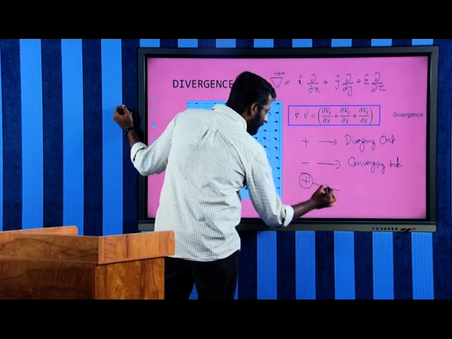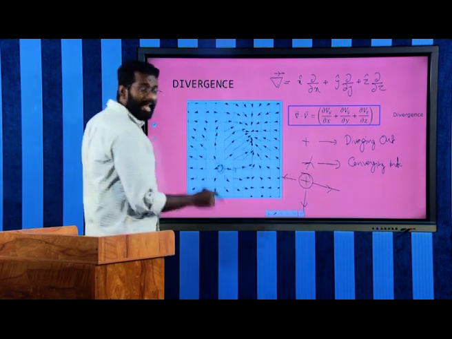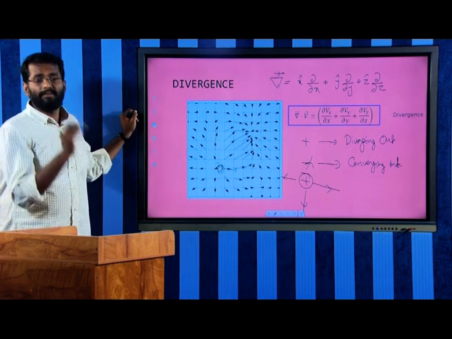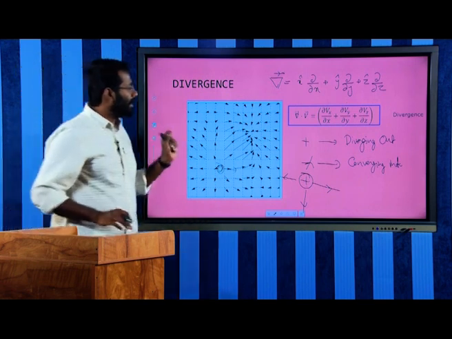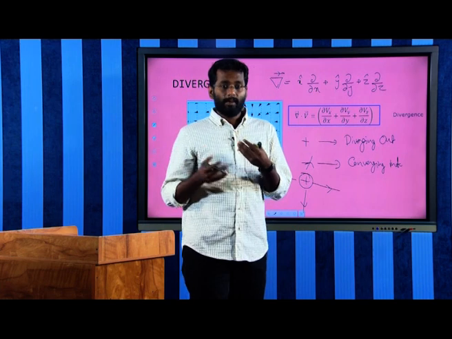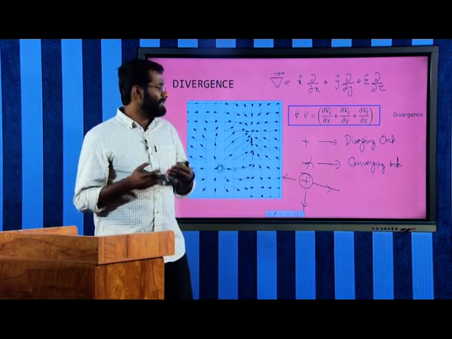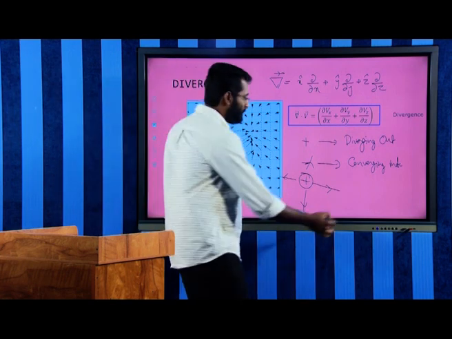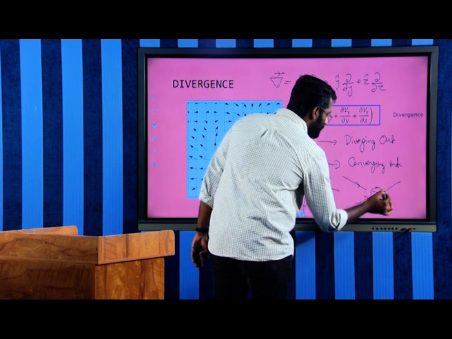Around the positive charge the field is diverging out. So if we calculate the del dot, or the divergence, of the electric field due to a positive charge, you will get a positive answer because the field is diverging out. And if we calculate the same for a negative charge, you will get a negative divergence. That means all the field lines come into the negative charge. So that is the importance of